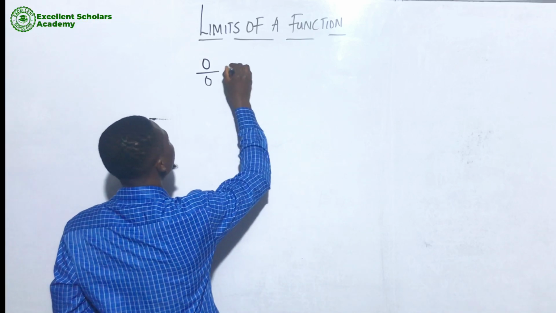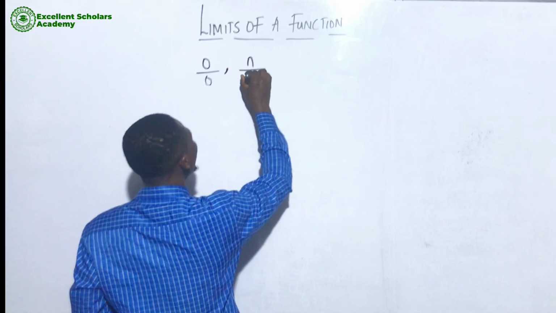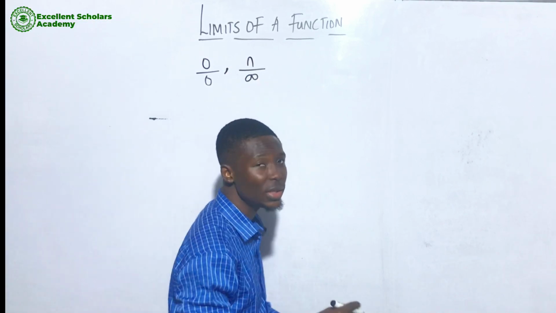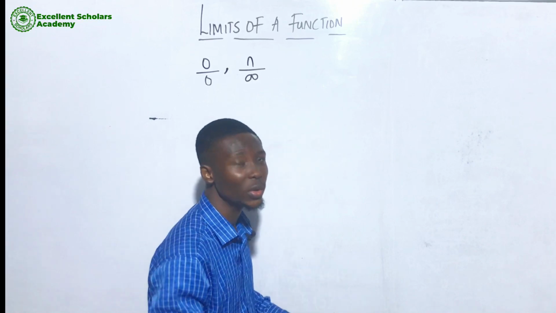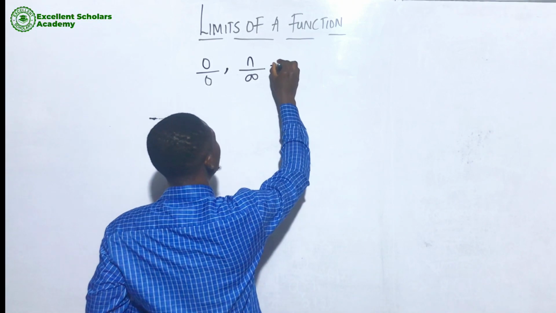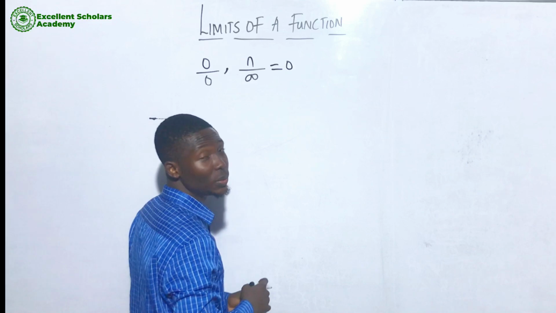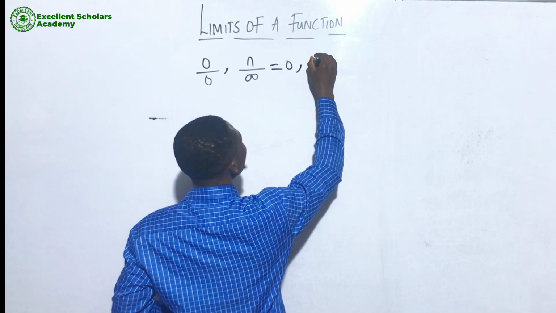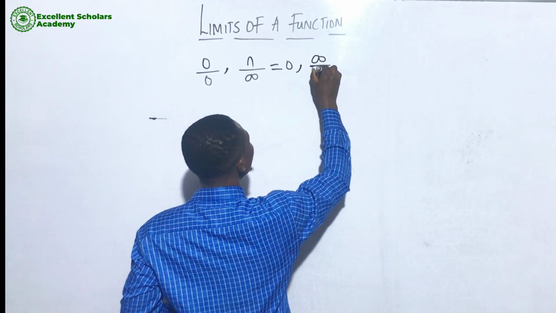Now another thing you need to know is a number over infinity. Any number, positive or negative, any number at all over infinity gives you 0, or tends to 0. Another thing you need to know is infinity divided by any number